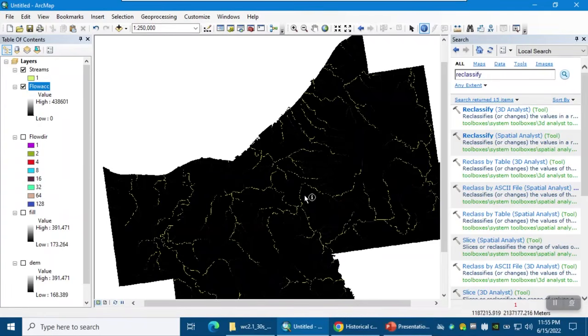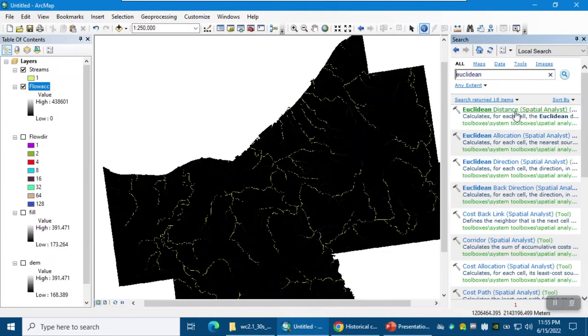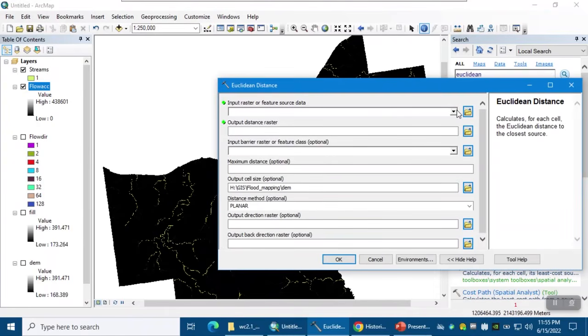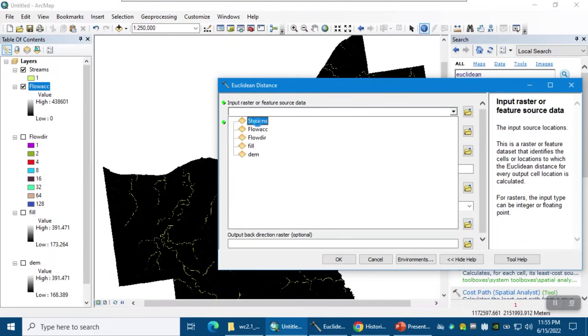All right, so we found the streams from digital elevation model based on multiple steps that we took, but we need to find the proximity to these streams or channels, okay? And the function that you know is Euclidean distance, okay? So if you type Euclidean and Euclidean distance spatial analysis, so we're gonna find the distance to these streams, okay? So your input is gonna be streams,